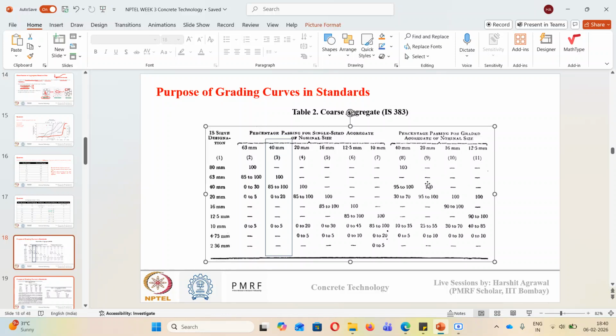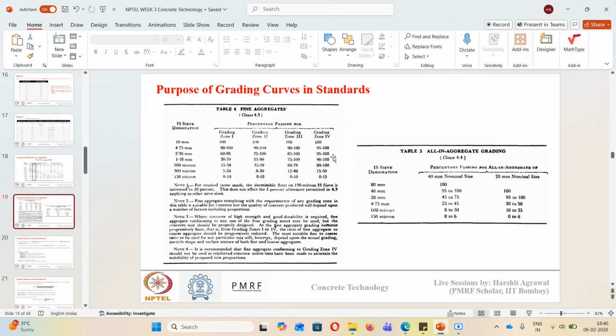So this table we'll revisit when we talk about packing density. Again we'll revisit this table so that it will be clear to you what is single size and what is multiple size. Okay, so here my point was just to let you know that gradation is important and the Indian Standard also